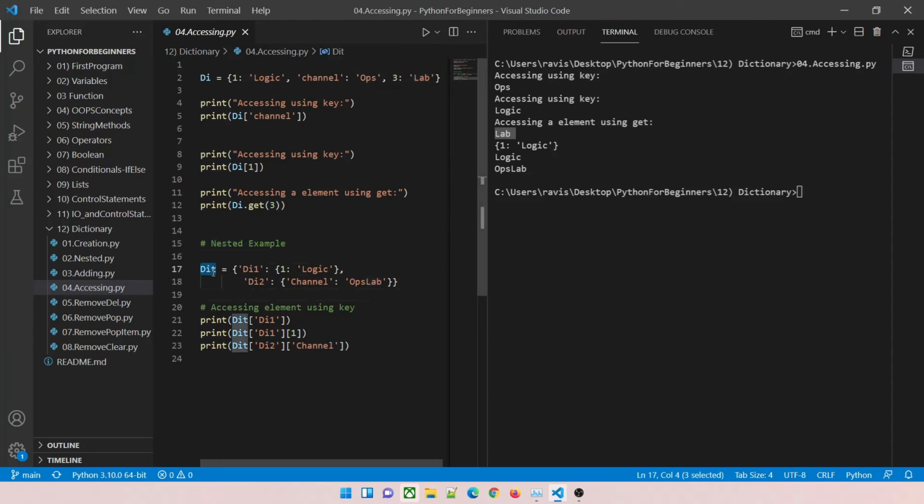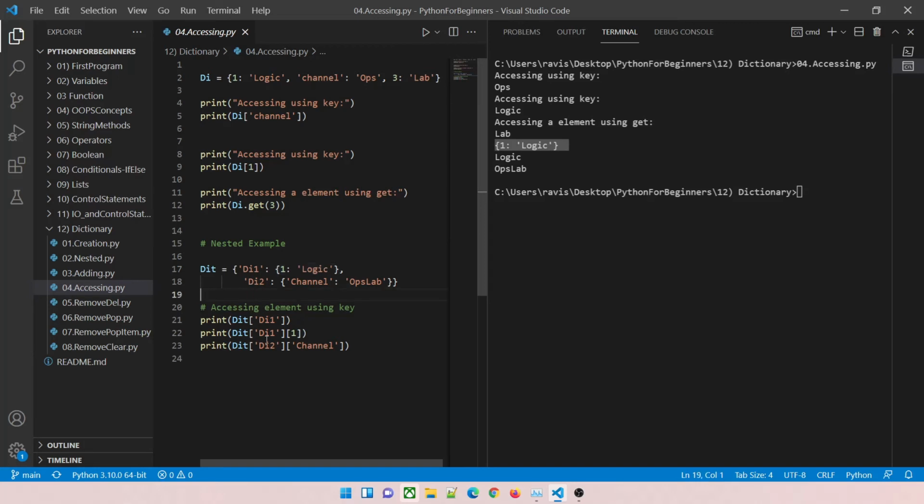Now this is an example of nested. Here we have given a dictionary, you can give any name. di1, this is a key and this is a nested one. This is di2, this is again a key and this is again, you can call it, a dictionary. And then when you have to access, how do you do it? The root name will always come first, and then di1. So di1, this is my key, so the value associated is this one, and this will print this over here.